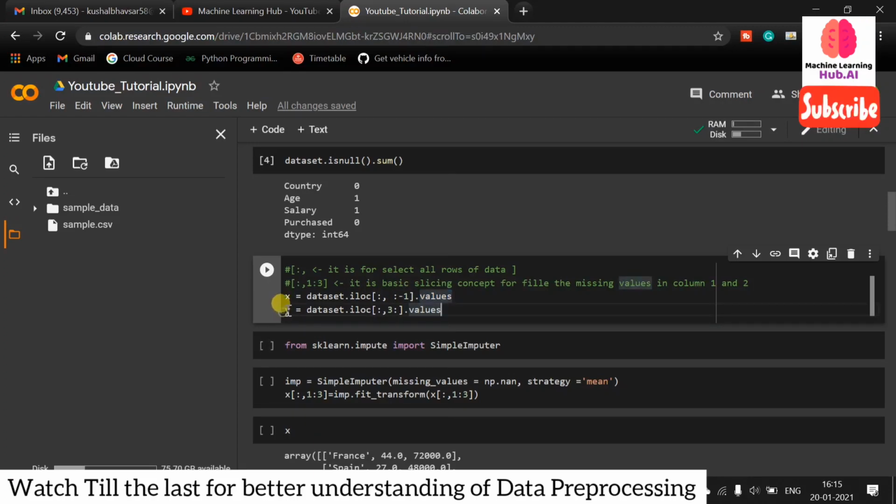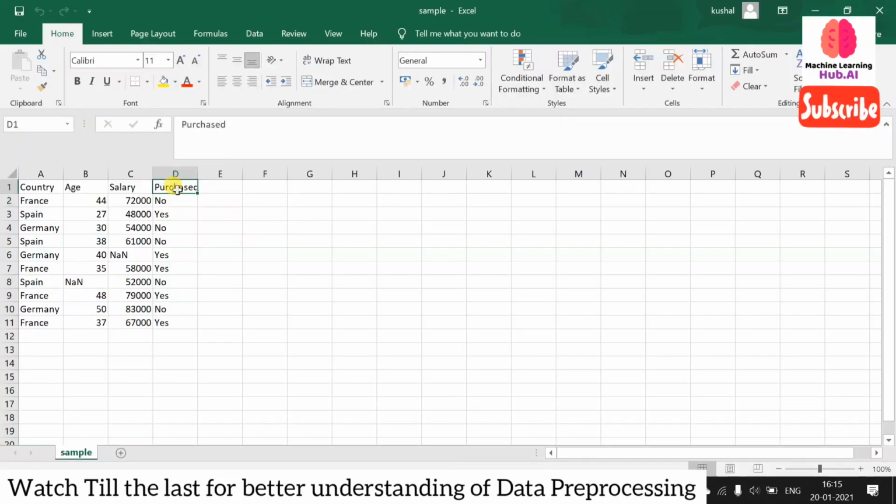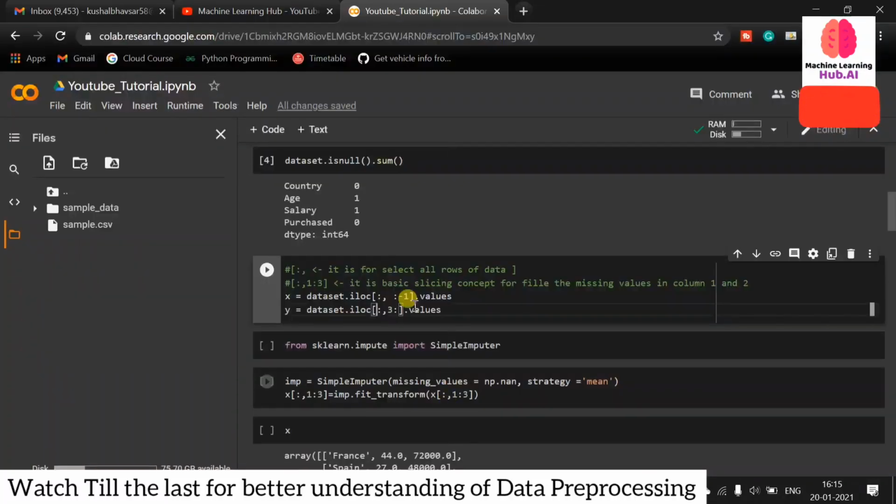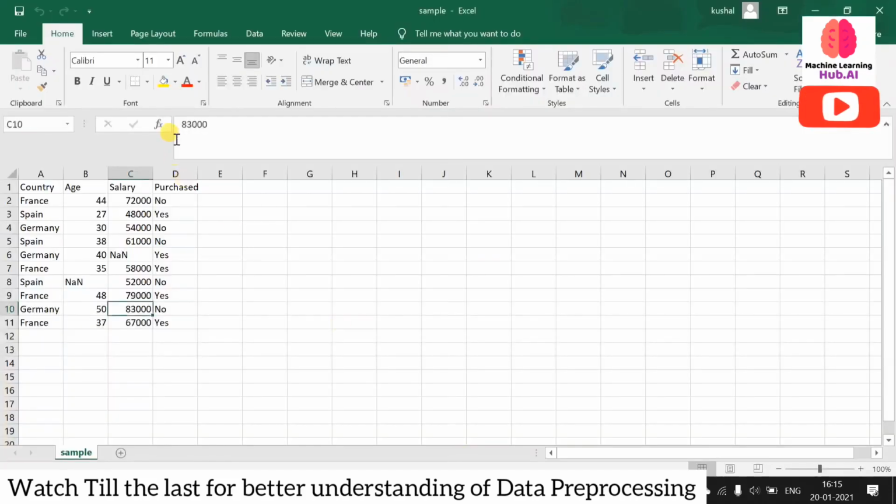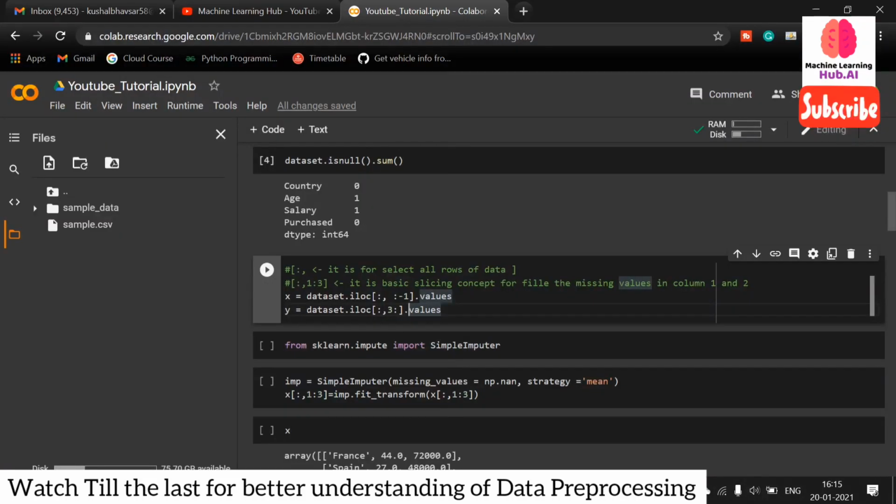Now let's talk about y is equal to dataset dot iloc. In the y, we only want the third column, which is the last column. All the others are the x columns, and we only want this y column. So that's why we have written y is equal to dataset dot iloc and then 3 here, because 3 is the index of this column. So guys, you need to have a good understanding of slicing. For slicing practice, you can learn slicing through lists or strings. Just practice list slicing and string slicing, and you will learn this.